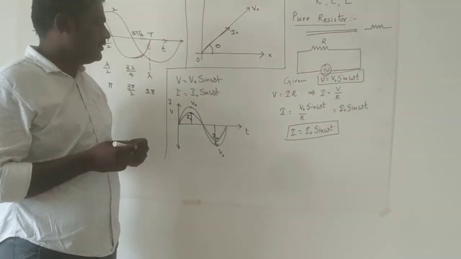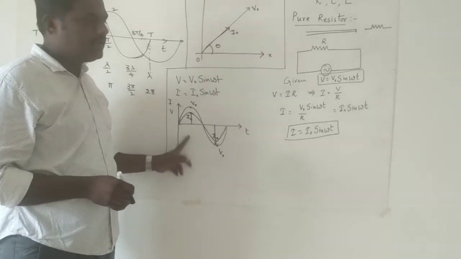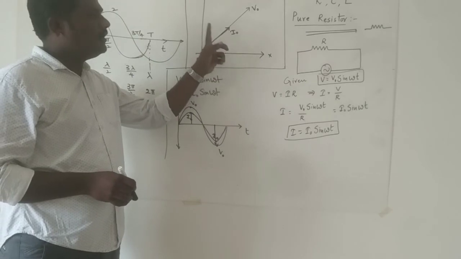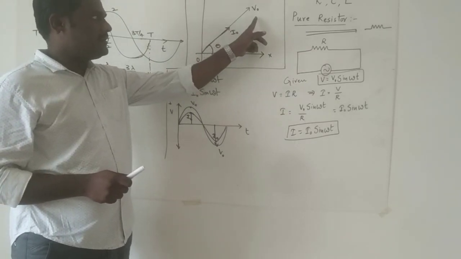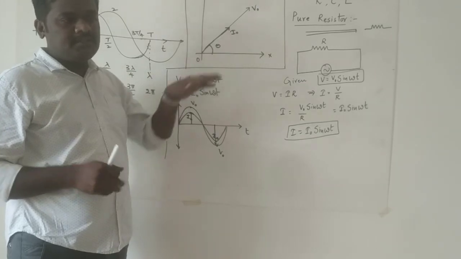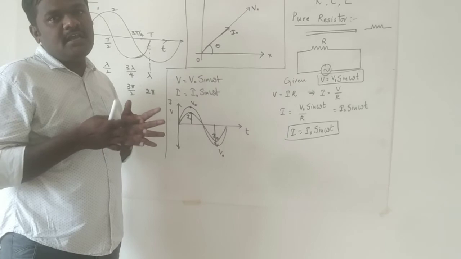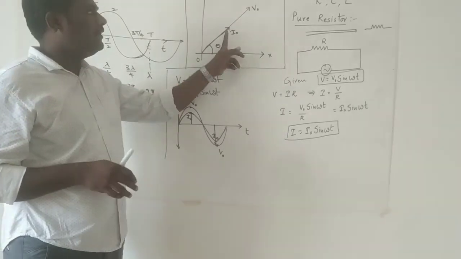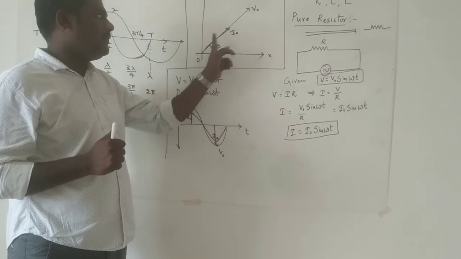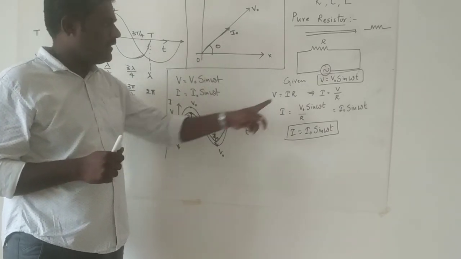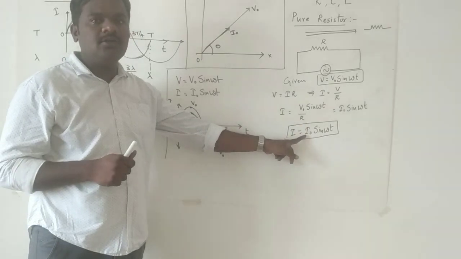Hope you understood. So this diagram is called the sinusoidal wave diagram and this is called the phasor diagram. Now here current I have taken as one phasor, voltage I have taken as another phasor. Both the phasors are going in the same line of action. Then what does it mean? That there is no phase difference. But the arrow mark indicates the amplitude of the voltage is more and the amplitude of the current is less. The reason is again the same rule: here the voltage got divided, then the current will get according to Ohm's law.